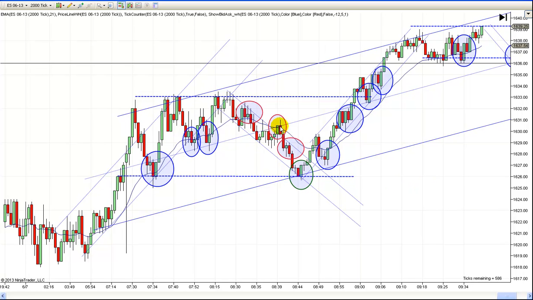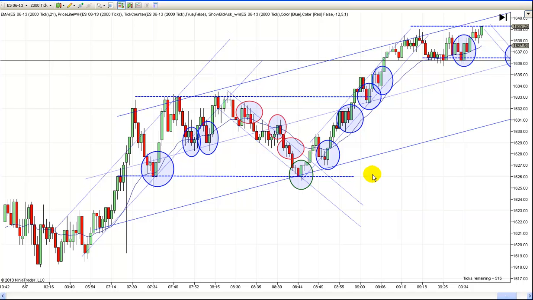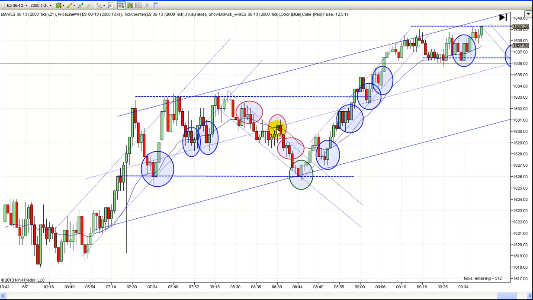Notice we got back under it and we're testing it. That's usually a good sign, because that's what happens on support and resistance. When it flip-flops, it tests it from the other side. It tested it twice, made a double top, and then this is just a two-legged pullback to the EMA,